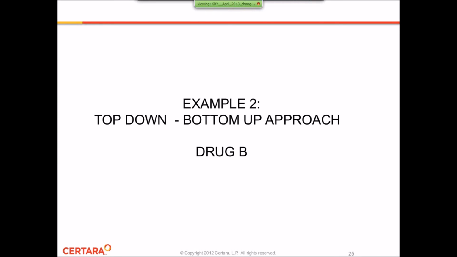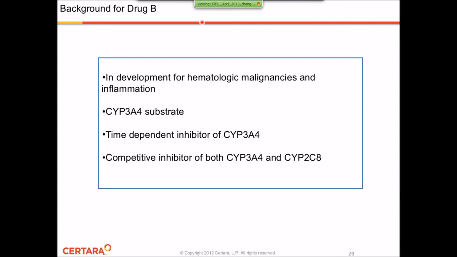The second example that I'm going to show you now is, as I mentioned, a real-life example. It's a drug that is in development at the moment. So I'm just going to show you a few slides here on the background for this drug B. It's in development for hematological malignancies and inflammation. It's a CYP3A4 substrate. It's also a time-dependent inhibitor of CYP3A4, and a competitive inhibitor of both CYP3A4 and